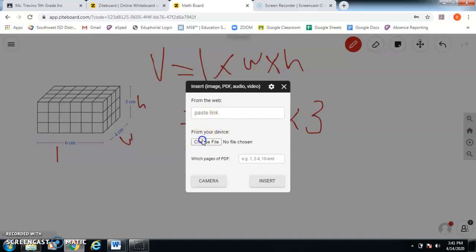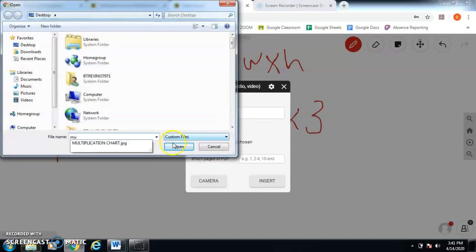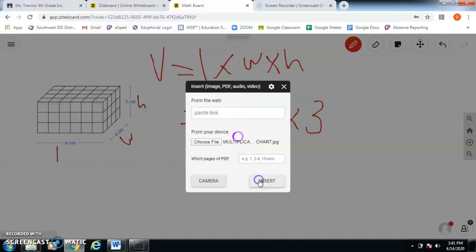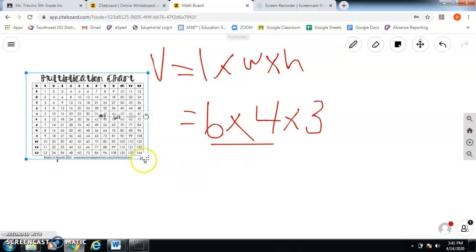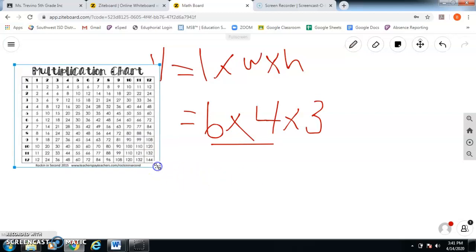Let's pull up our multiplication chart. Okay. So 6 times 4. Here's 6 times 4. Our answer is 24